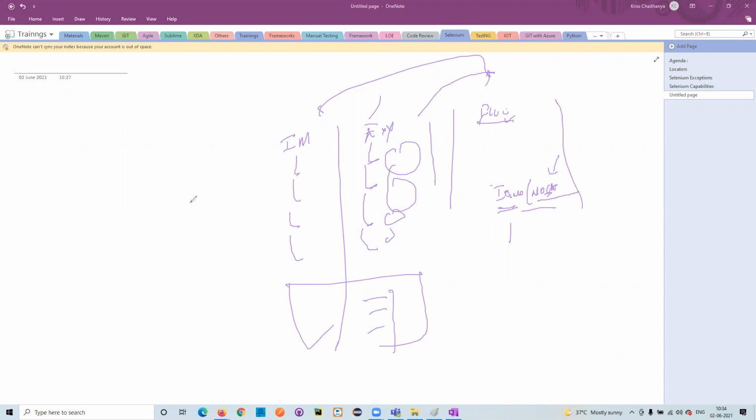Tomorrow we will be talking about the continuation of these synchronization calls, and then we'll talk about these profiles, desired capabilities, and these particular options. So these four topics we'll try to complete tomorrow. And guys, you will be taking the next row of the elements in the leaf ground. Try to complete that, because until you complete them, we can't do anything. I'm expecting that you have gone through those videos, and I'll keep the XPaths last to discuss.